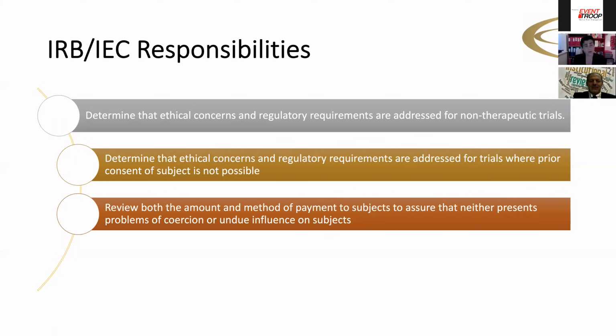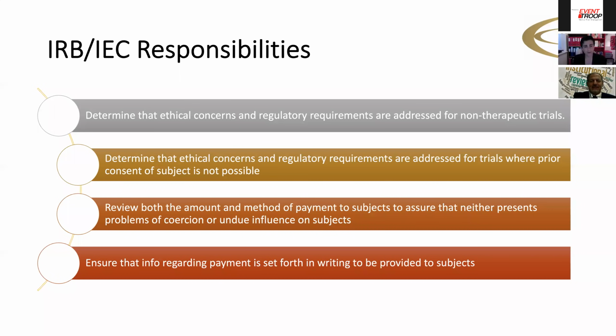What we can do is we can actually reimburse some costs to our patients. So for example, if the patients have to come into the study and they want to come by taxi, we will reimburse you for the taxi. If they have to stay the whole day in the hospital and they have to go and buy lunch, we'll reimburse you for the lunch. But what's important is we will not say here's 500 SAR to have a sandwich. It has to be very, very reasonable. And our IRBs are going to look at that and they're going to question that. This is clearly mentioned in GCP that you have to review the payment. So that's what they're going to be looking at.